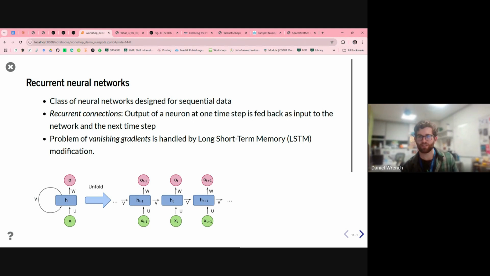Now, the broad class of models that are used for sequential data is called a recurrent neural network. So you may know an artificial neural network in its simplest form is basically a linear regression of your input parameters, which are then fed through a nonlinear activation function, and then the results of that are passed on to the next layer of nodes, and then you have another model where your weights are multiplied by your inputs plus bias back into a nonlinear activation function, and these are just happening many, many times as you go through the layers and eventually end up with some output.